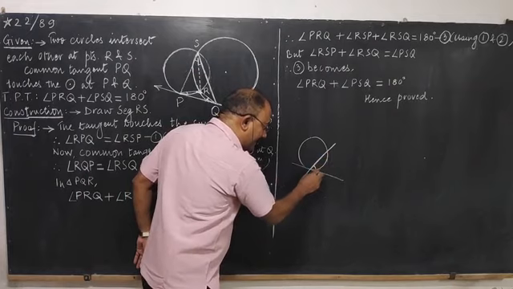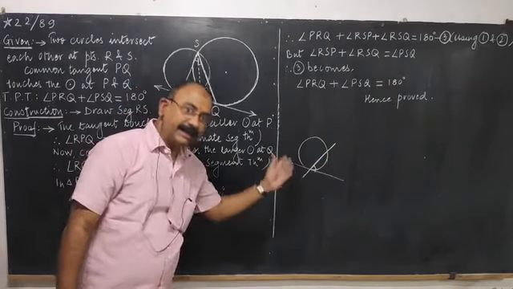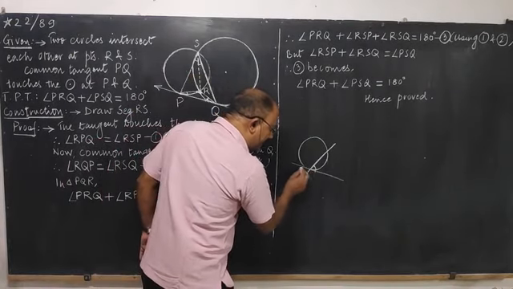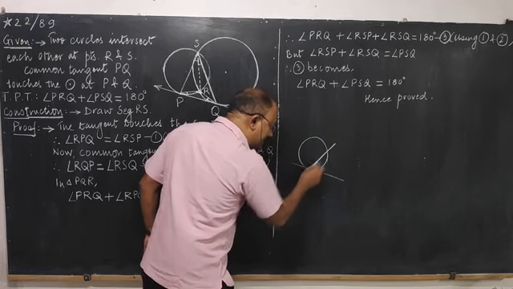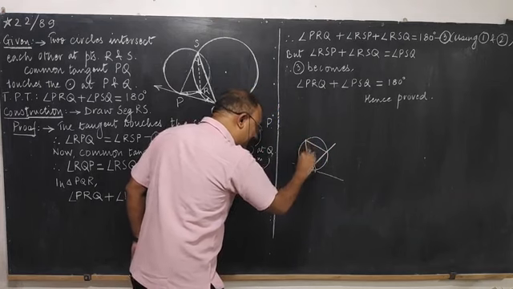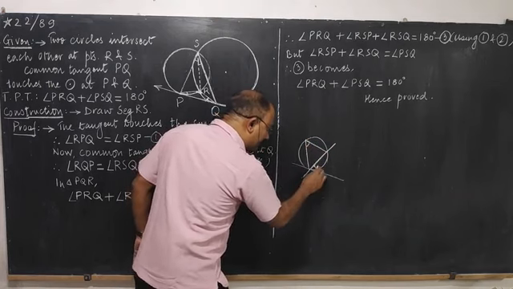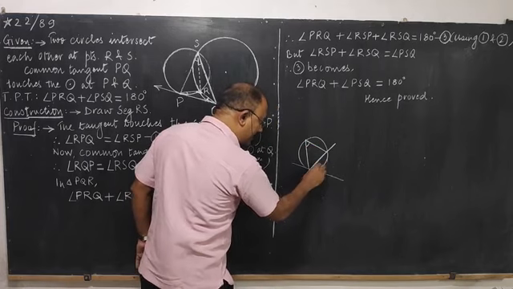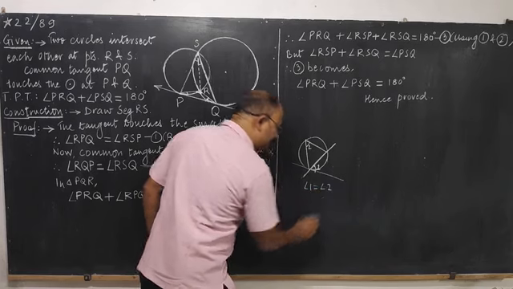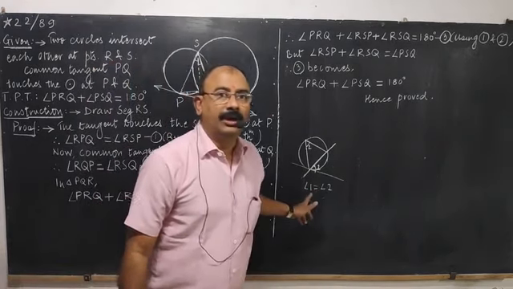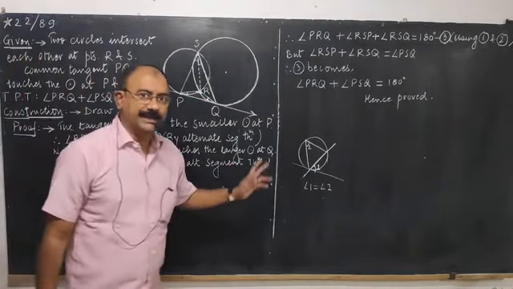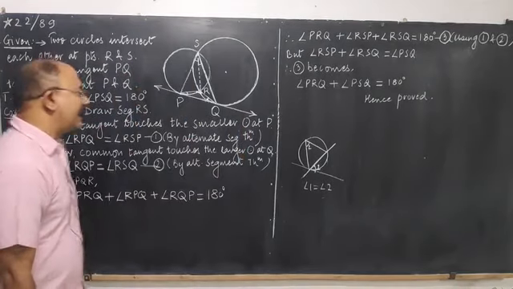ये हो गया इंटरसेप्टेड आर्क, इसको छोड़ दो. जो बचा हुआ आर्क है, we will call that as alternate arc. तो angle between the tangent and the secant, this angle is congruent to the angle inscribed in the alternate arc. So if I number this angle as angle number 1 and this as angle number 2, so angle 1 is equal to angle 2. This is called as alternate segment theorem. So we are using the same theorem twice, once in a smaller circle, once in a larger circle.